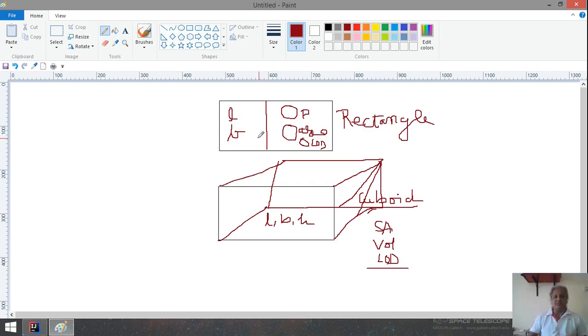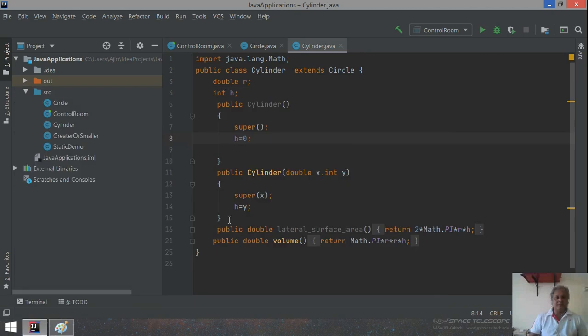So first we can say that the cuboid class is inheriting the rectangle class, and this is called single inheritance. The cuboid class is inheriting the rectangle class, one layer, and this is just a single inheritance. Now I try to design this. So here I come back into this